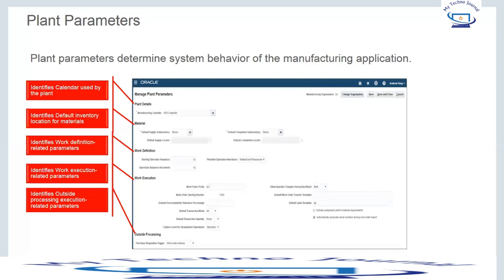Both means both material and the component. When doing the backflush, the user can go ahead and change the quantities of the component and resources, if allow quantity change during backflush is for both. Or you can even decide only for material, only for resource, or none. If it is none, when the system is performing a backflush, it will not